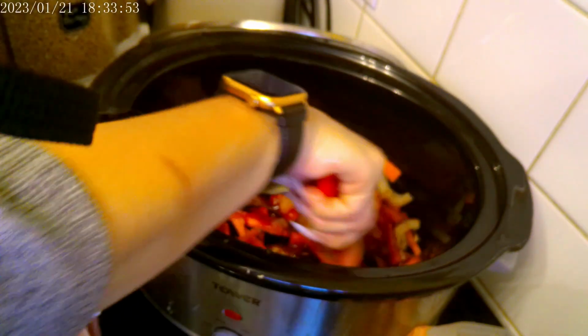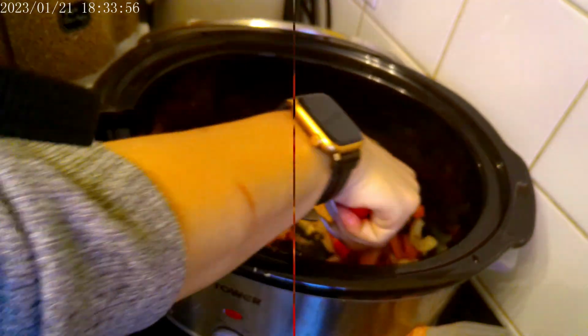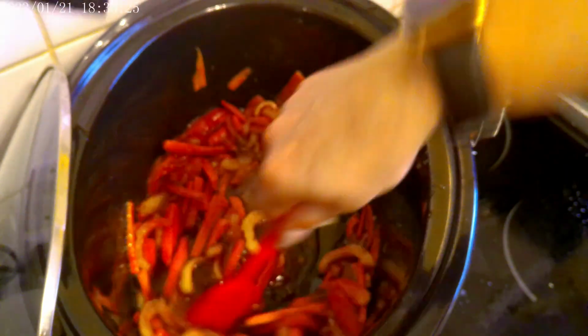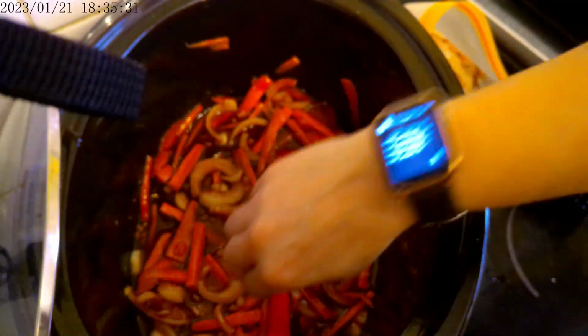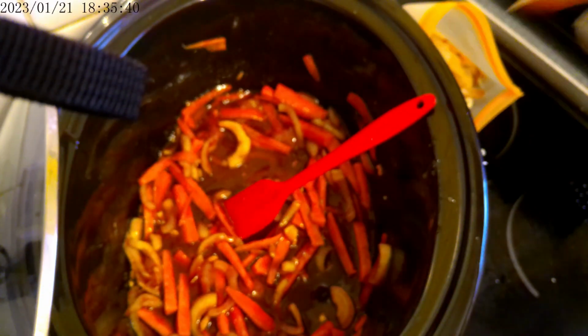Give it a stir, mix it all up. Okay, so mix that all up. Make sure you're working that honey. As you stir it during the cooking process, that will help anyway. Right,